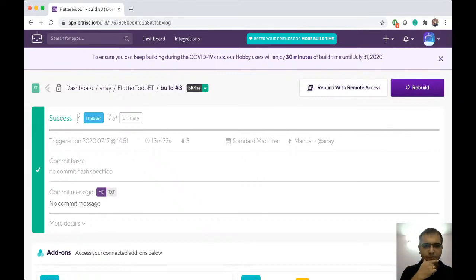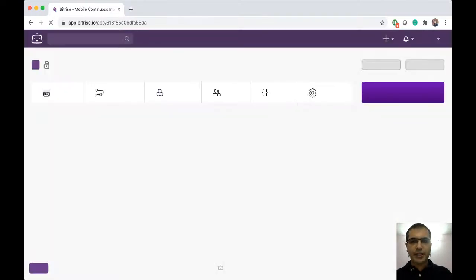Essentially, you can use anything that you want to use. Just that Bitrise makes it a bit easy. I haven't tried, but it's definitely possible if you're using Fastlane. You can even build it using GitHub Actions. Possibly I'm going to try that out next. And this is the project. Let's take a look at the workflow before we actually see how this is working.